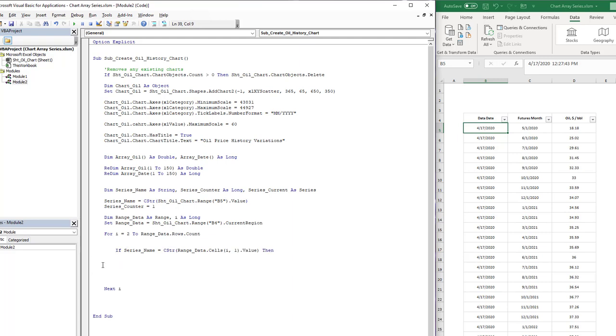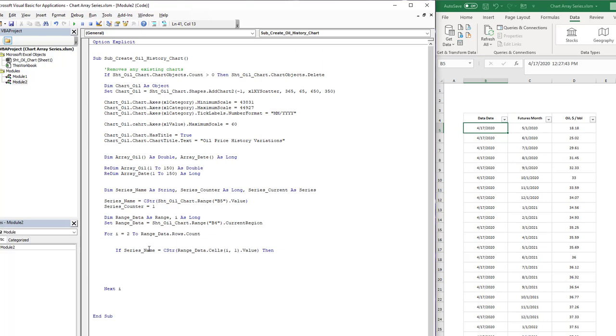So if the series name, which we initialized with the first point here, but we'll change it so that it takes this, or we're checking each row we go to make sure that we're in the right series name, or that the series has not changed. So if the series name equals that, then we know we just need to add the data to the